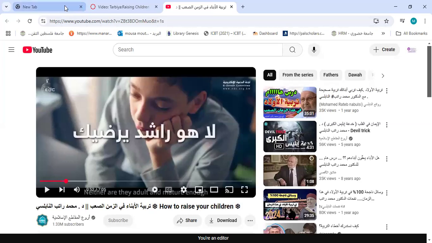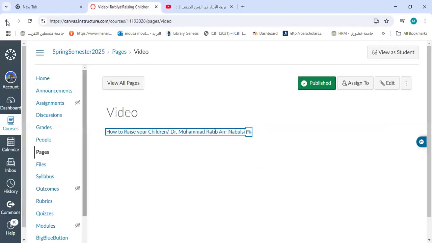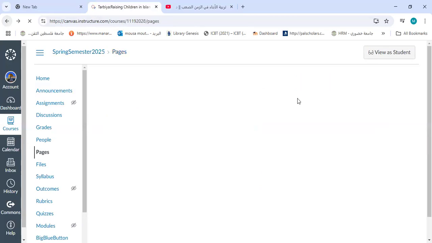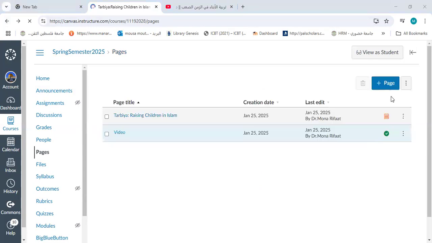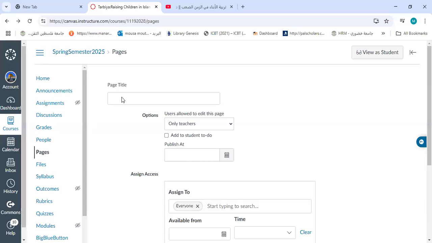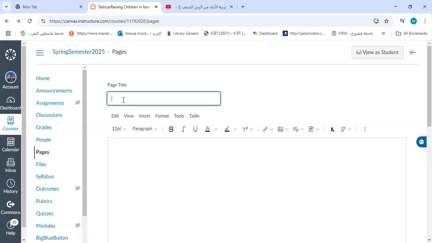I should go back. Sorry. I'm going to go back to the, yeah. Here we're going to see how I added it, okay? For instance, here let's just add a page, okay? These are the 2 pages that I did, okay? I'm going to add a page. Here you put the page title. All right, you write any title that you want. Let's say, for instance,